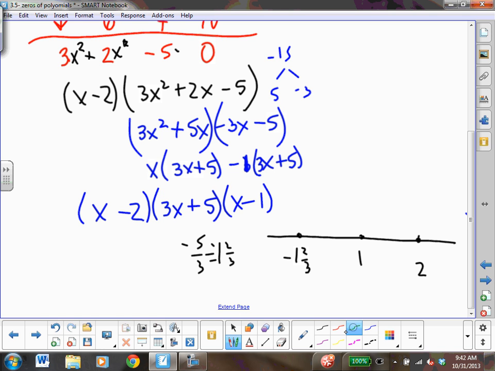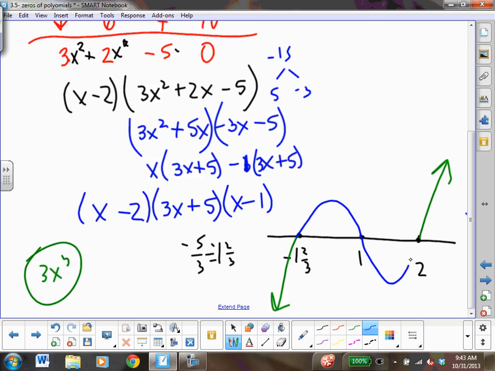So that means that my ends are going to go in opposite directions. Since it's positive 3x to the third, I know that I'm going to start low and end high, like an increasing function. Every single one of these zeros only happens once, so that means I pass through at every point. And here would be my rough sketch